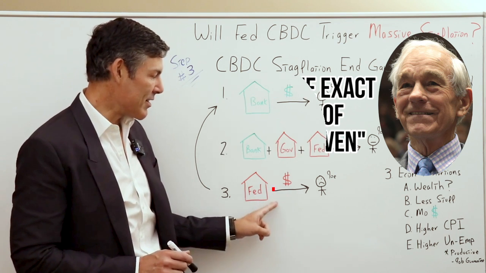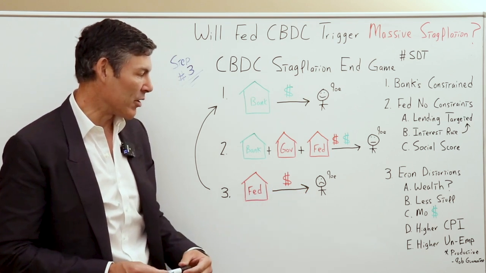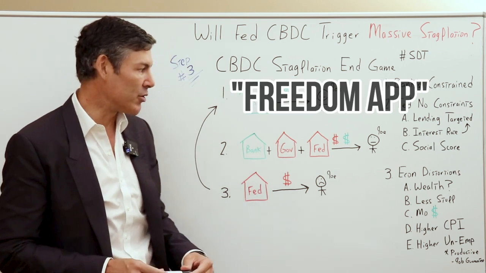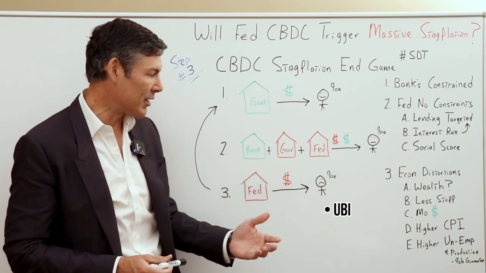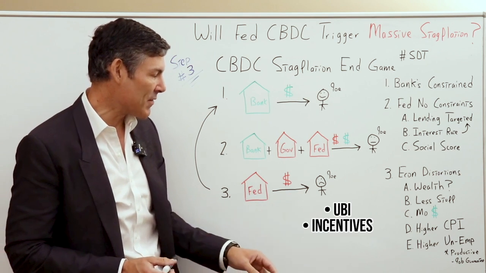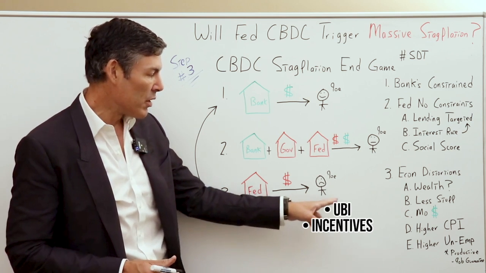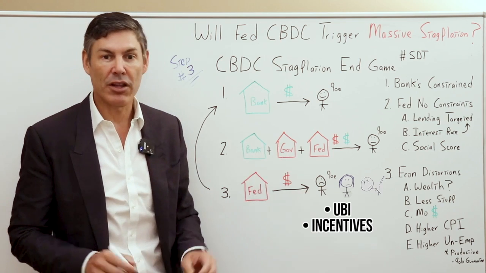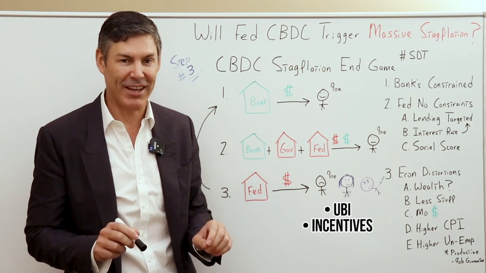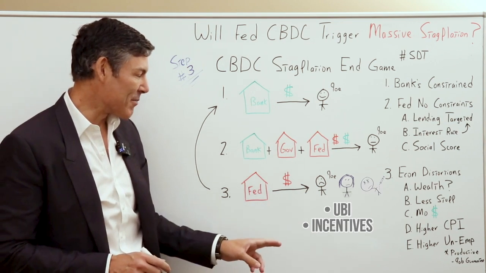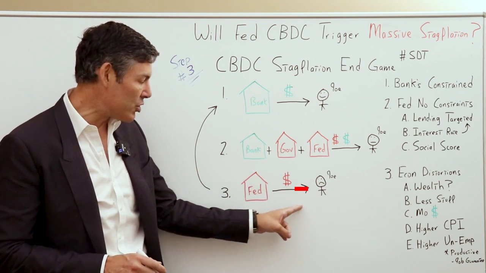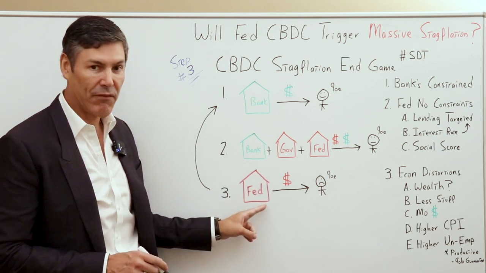So let's just say this app they'll have everyone download is called the Freedom app. And that's how you would get your universal basic income, or however they incentivize the average Joe, Moody, and heroin guy, the individuals in the real economy that aren't watching my videos. That's how they'd incentivize them to download that app. Now, if you download the app, that automatically gives you an account with the Fed.